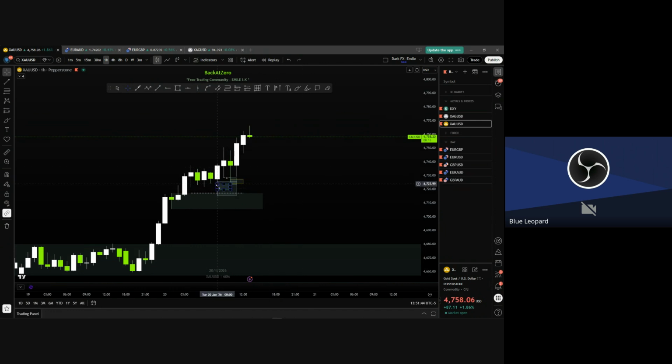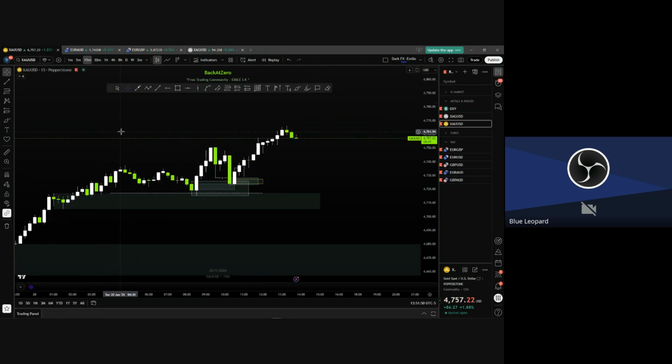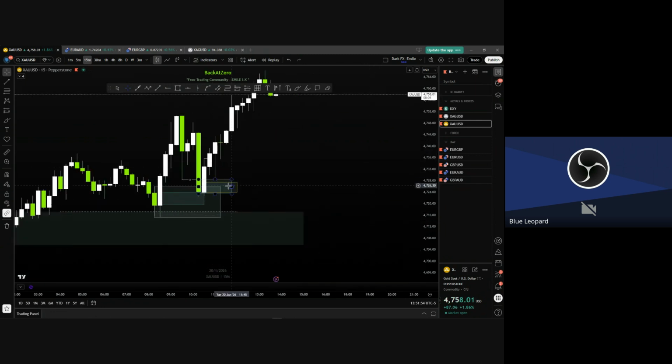When price comes and tests it from H1, what did I say? You go now to M15. Now, when you go to M15, you are expecting to see another engulfing candle. After the engulfing candle is formed, now you put your alert here. Okay, price did what? It went out, then came back. Boom, your alerts start ringing, and now you drop on M5.